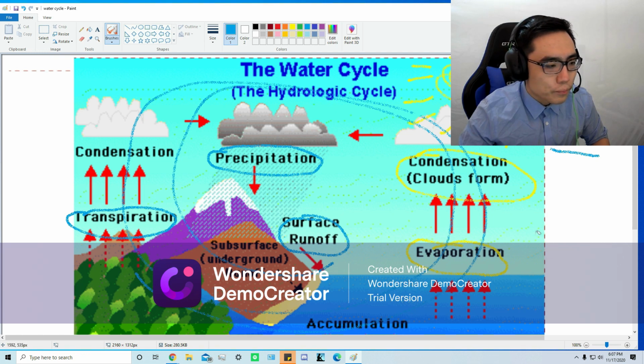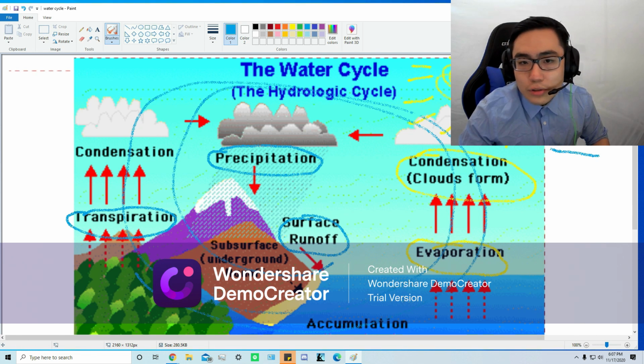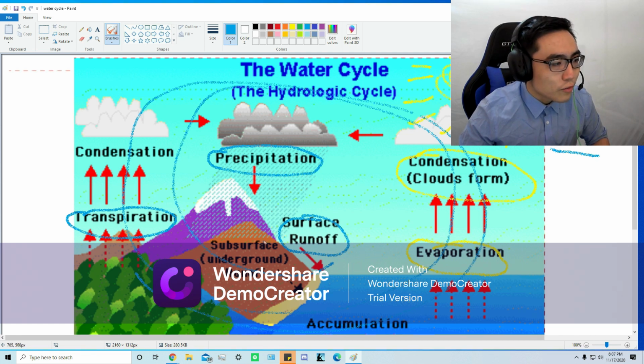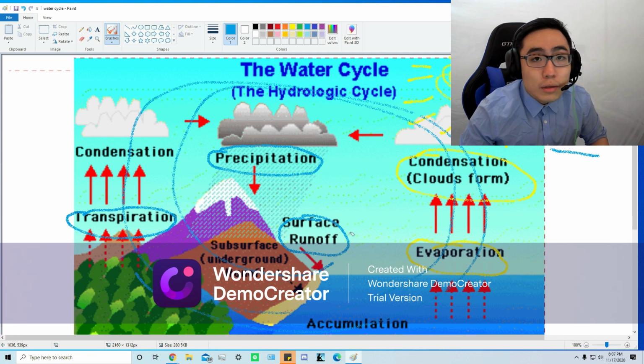All right, so now that we've talked about the water cycle, let's talk about why this might be important. Does everyone know where their water comes from? I think I mentioned something earlier. But if you live in Pomona, most of your water actually comes from underground. How do you think that water got there? Do you think it just magically appeared one day? Or somebody just put it there? No, that'd be silly. It came from surface runoff.